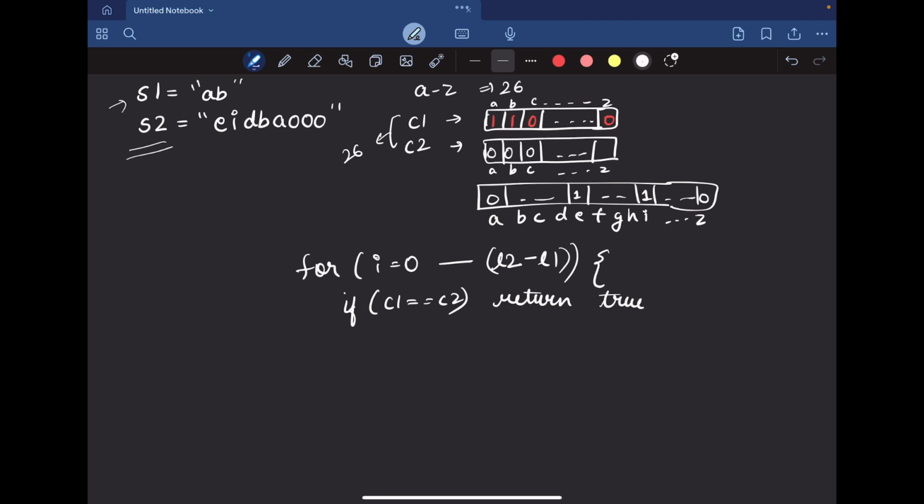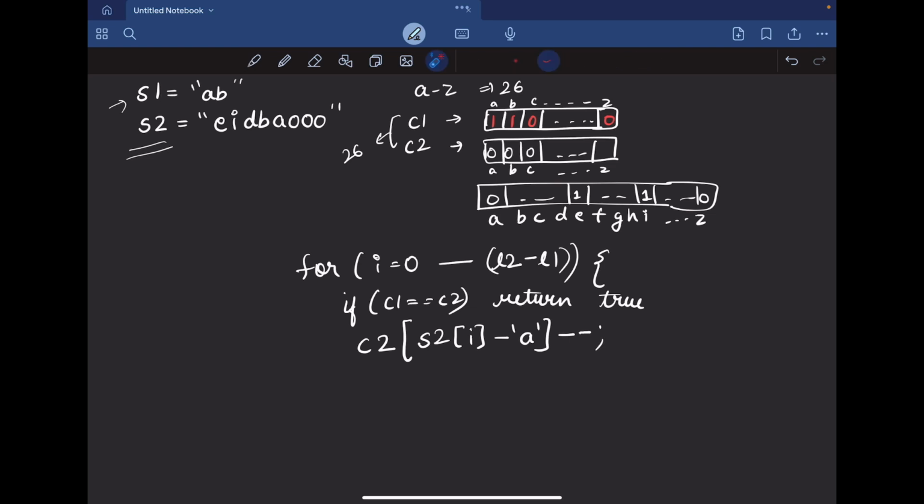So now what we'll do is that whatever the new character we will be adding, that will be increased by 1 and the character that we will be removing will be decreased by 1. So in C2, what we'll do is, C2[S2[i] - 'a']--.